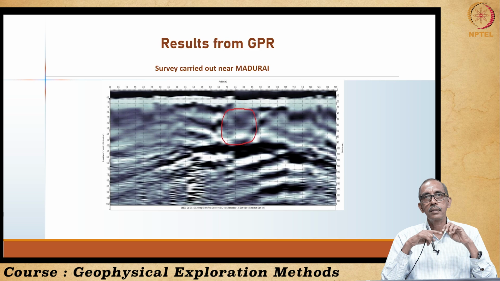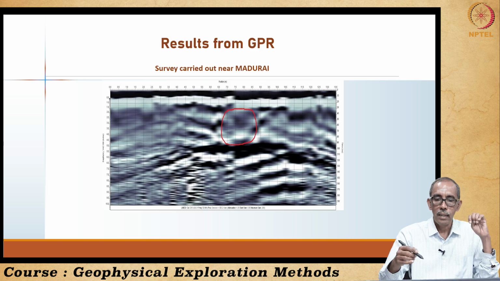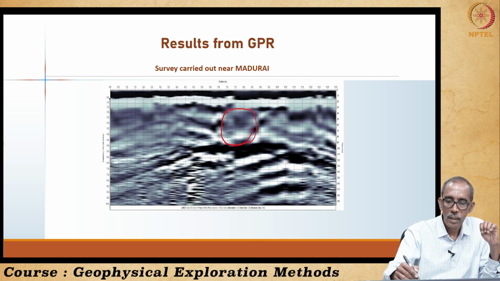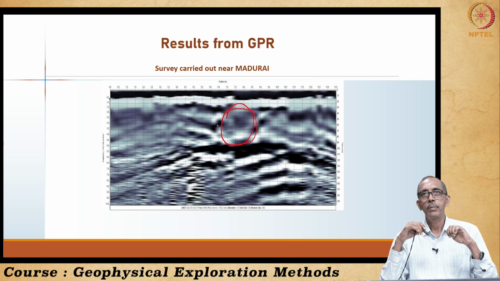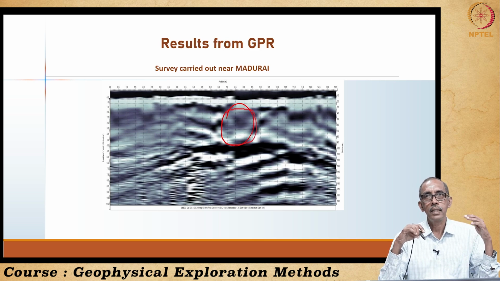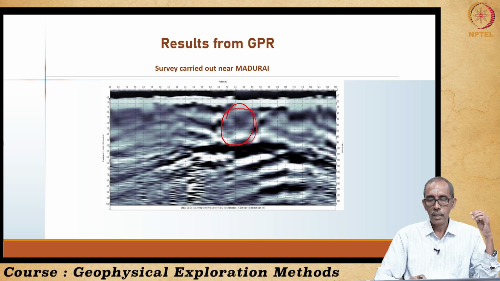And here is some of the work carried out by us. Though the signals are a little bit distorted, here we could decipher some anomalous body present below the surface of the earth. This survey was carried out near a major city in southern India, in Tamil Nadu, very close to Madurai, with the focus on understanding some buried artifacts below this terrain adjacent to an important river known as Vaigai river